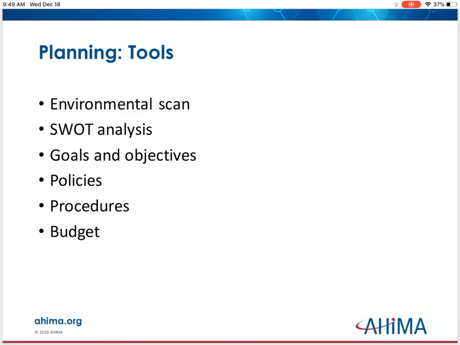For example, let's say you're doing a strategic plan, but you know that some law is going to change midway through your year. Well, you would need to know that when creating your plan so that when things change in the environment, they also change within your plan. Now, environmental scanning should be performed both at organizational and departmental levels, and one way to perform the environmental scan is a SWOT analysis. That's our second tool.